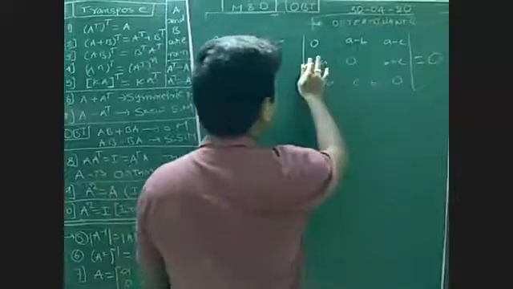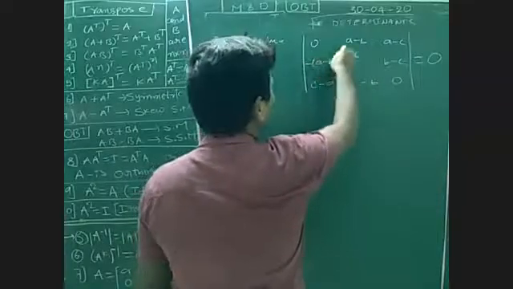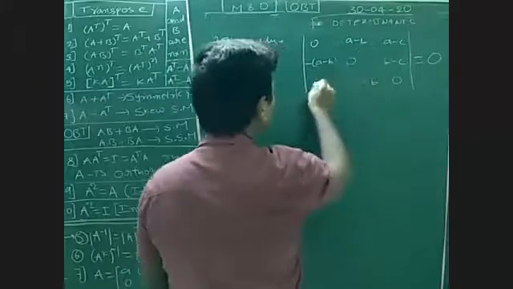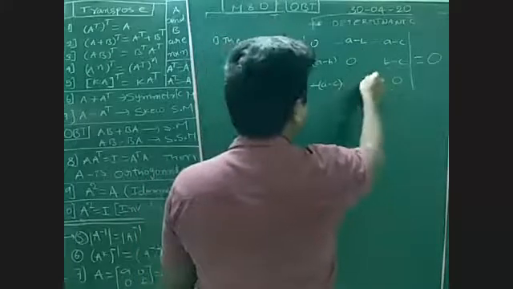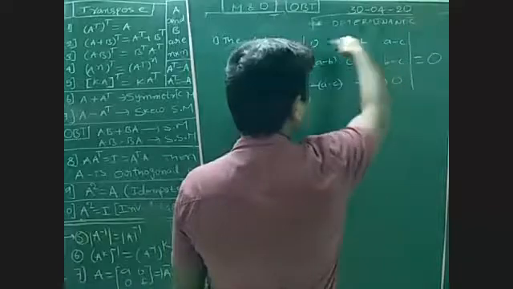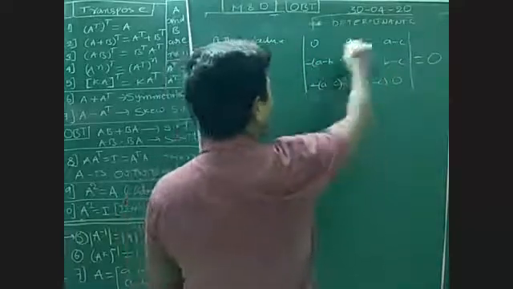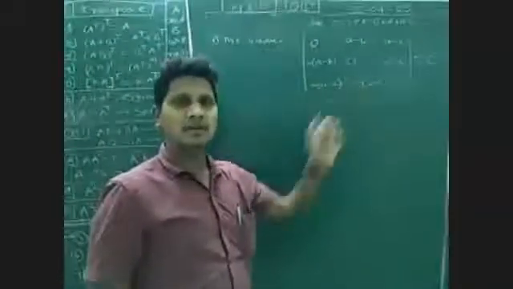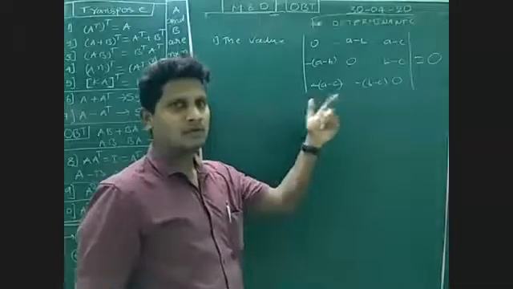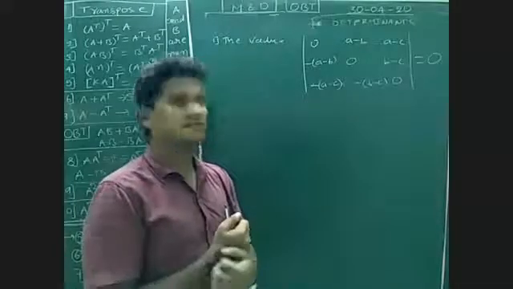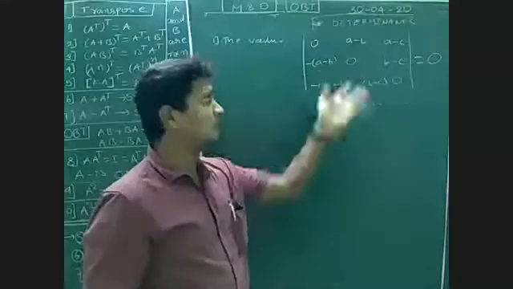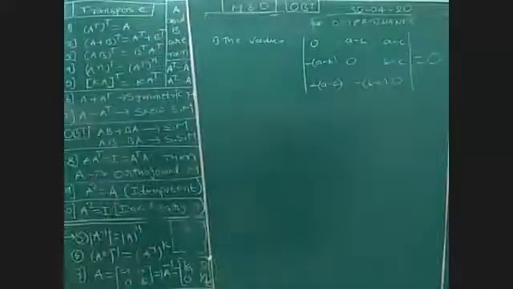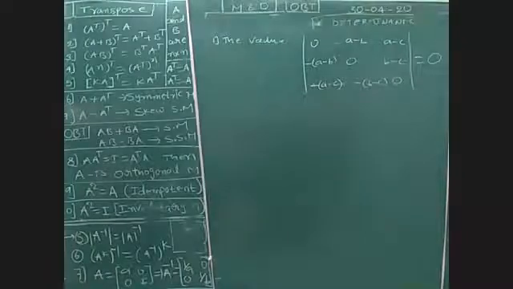Observe here, this is a minus b. This can be written as minus of a minus b. Here plus, here minus. And here c minus a, you can write minus of a minus c. Here minus of b minus c. See, diagonal elements are 0, and the remaining elements are on opposite sides. Determinant of a skew symmetric matrix is always 0. Like that you have to remember. If you don't know the property, you have to expand, you can do everything. So simply, directly it will be 0. They gave different options here. You can write directly it is 0.